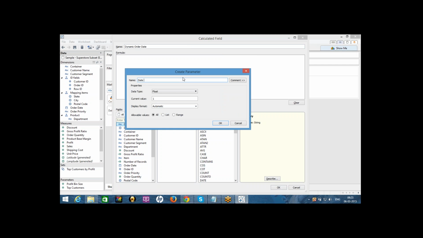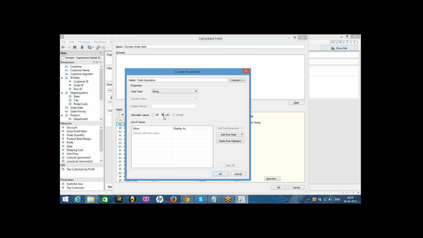So here, date granularity. Since it's a date granularity, I would like to take string, and I would like to take the list here: year, quarter, month, and day.